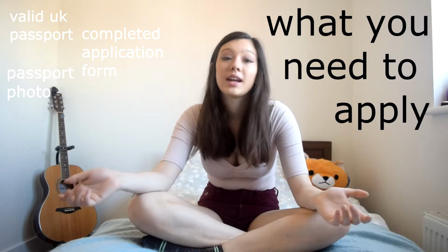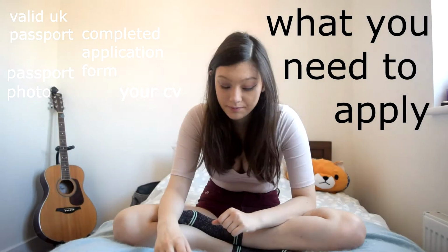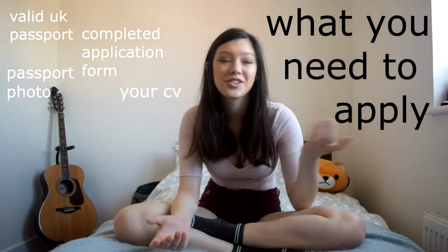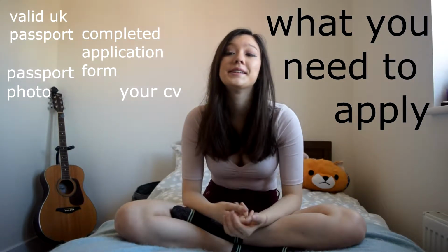You also need a passport photo from the last 6 months. Then you have to have your CV. You probably have a CV kicking about from applying to jobs and stuff, so just use that. Some people have recommended shortening it. I didn't, so